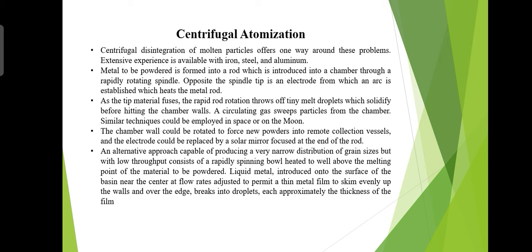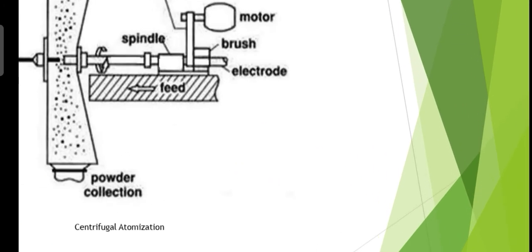An alternative approach is capable of producing a very narrow distribution of grain sizes. The liquid metal to be powdered is introduced on the surface of a basin near the center, and the flow rates are adjusted to permit a thin metal film to skim evenly up the walls and over the edge, where it breaks into droplets, each approximately the thickness of the film. This is the basic diagram of